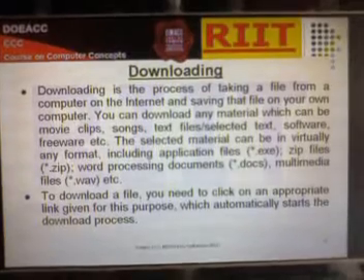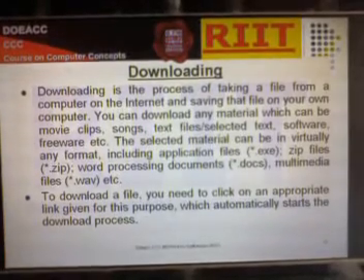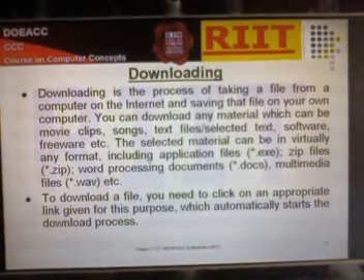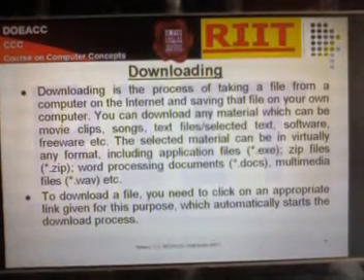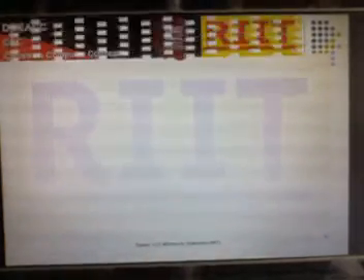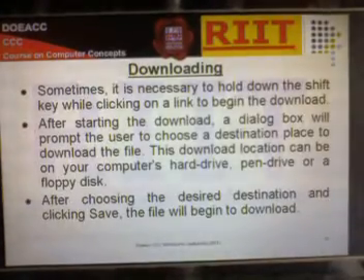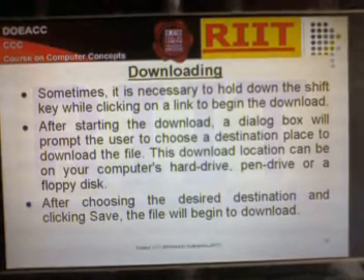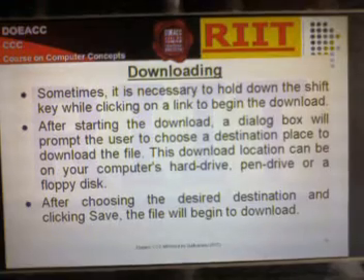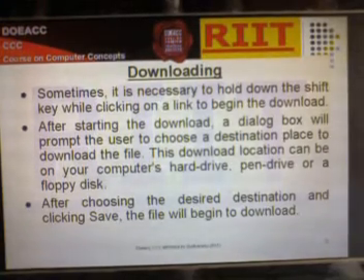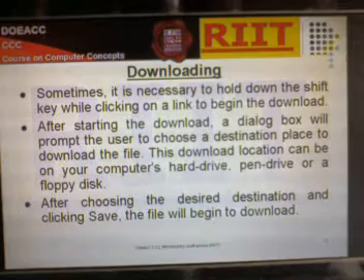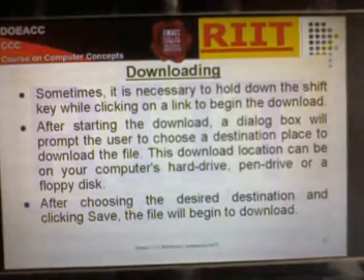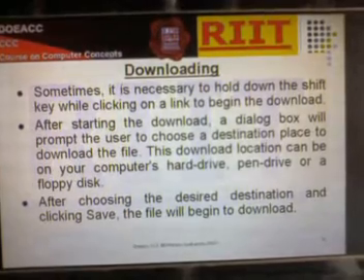To download a file, you need to click on an appropriate link given for the purpose, which automatically starts the download process. Sometimes it is necessary to hold down the Shift key while clicking on a link to begin the download. After starting the download, a dialog box will prompt the user to choose a destination to download the file.